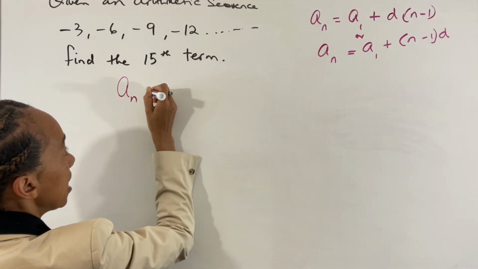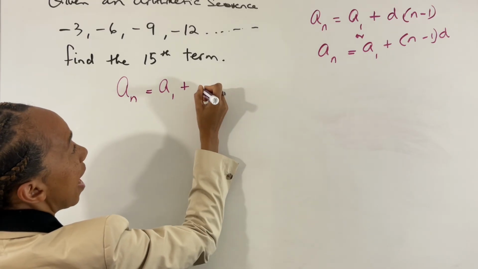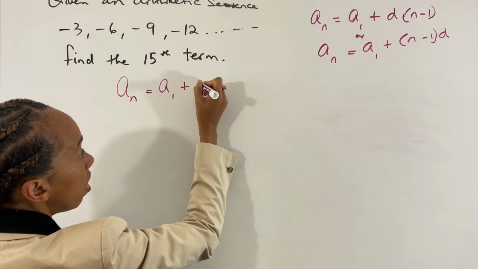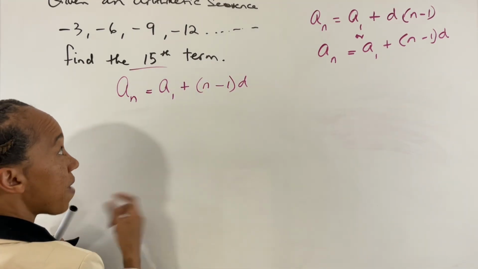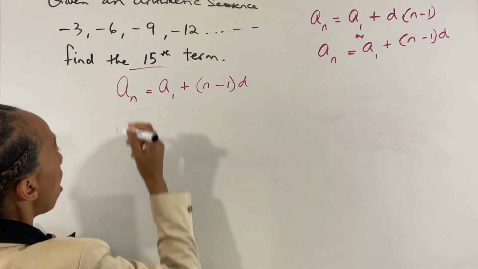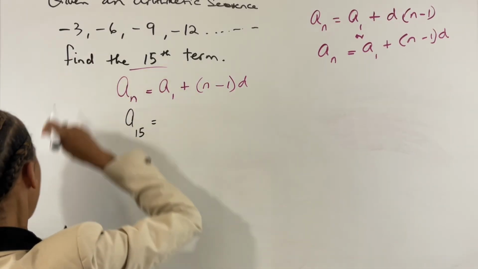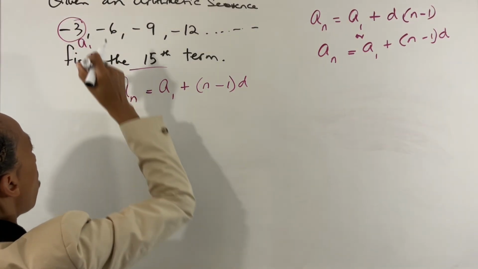A sub n equals A sub 1 plus, and I'm going to use the other formula now to show you that we can also use the other formula, which is n minus 1, times D. So we need to find the 15th term. So we are going to write A sub 15 equals A sub 1, our first term,